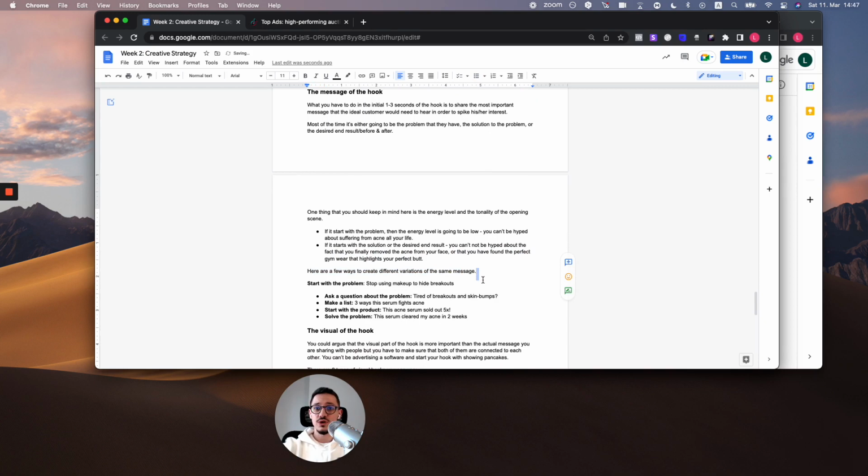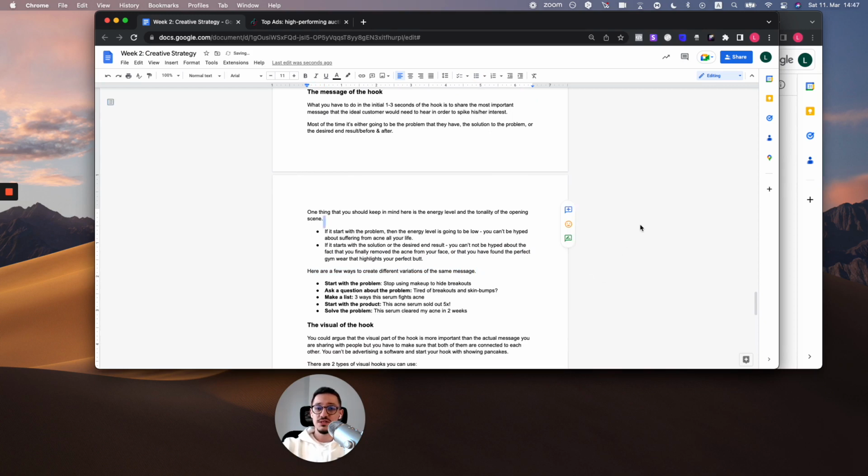Here are a few ways to create different variations of the hooks, and basically this is what we do for every single one of the brands that we are working with. When we script the ads, we create at least 3 different hook variations so that we can kick off the testing and optimization process, because 2 of the hooks that you have produced might not work very well, but the third one might completely crush it. And if you have already found a winning concept, for example, problem solution, but you want to test different hooks, then definitely do this in the beginning when scripting your ads.